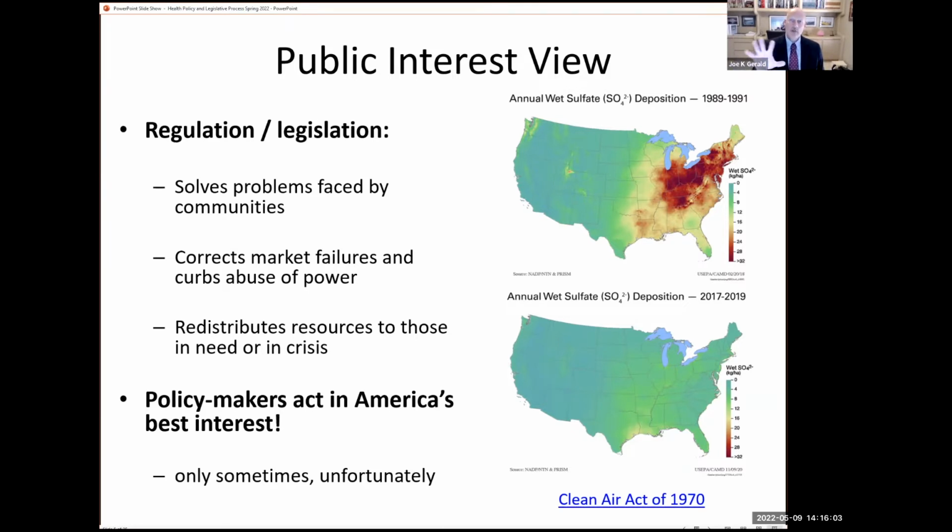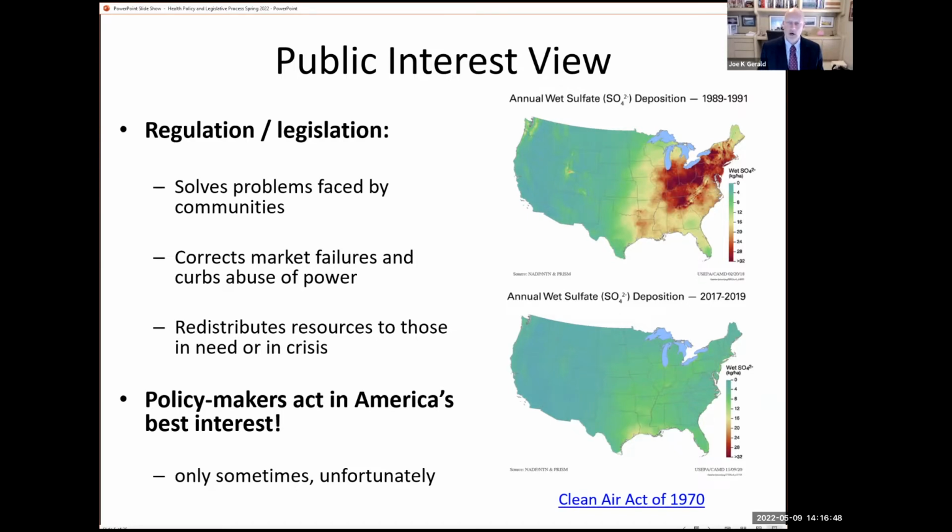What you see in this upper right panel here in the United States are areas in red that represent areas where there was a large deposition of essentially sulfuric acid in our forests and wetlands. Acidity is very important for the health of a forest, and turning a forest soil from alkaline to acidic damages the trees and led to large tree die-offs in the eastern United States. This was very disruptive to the general public, and to industries that relied on having forestry and trees and open spaces, think tourism, logging,